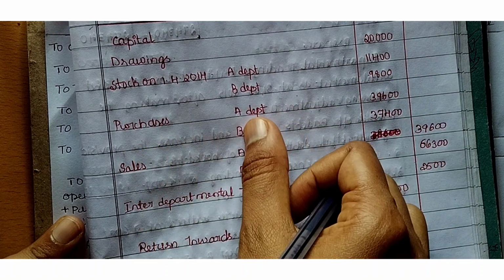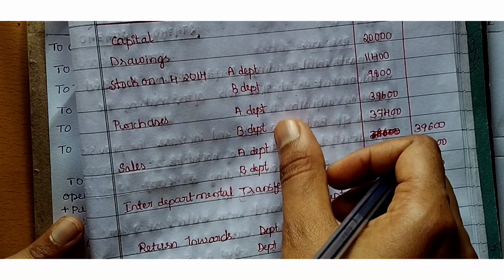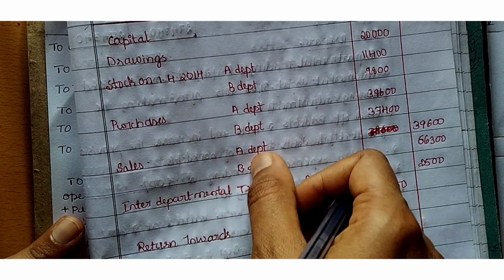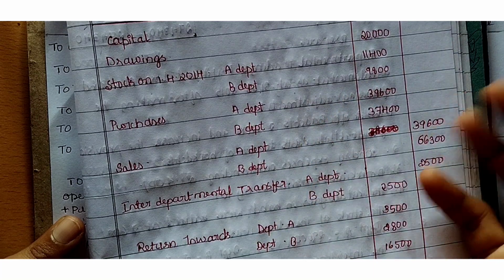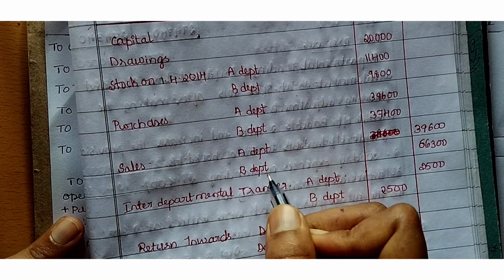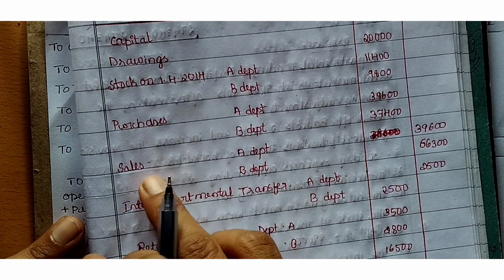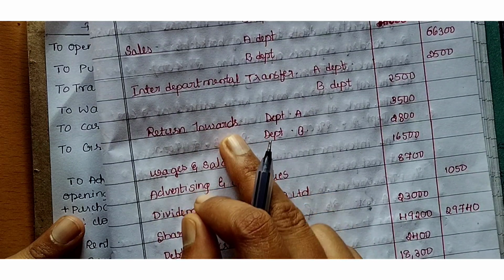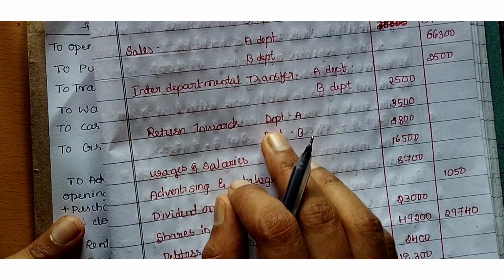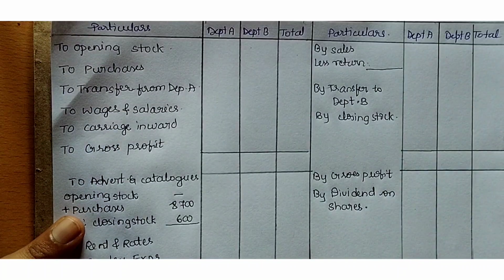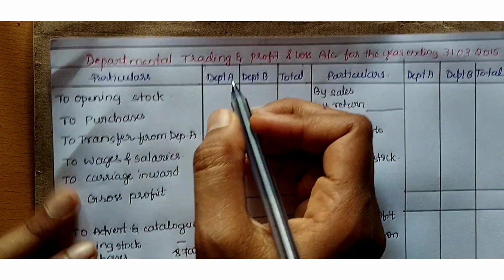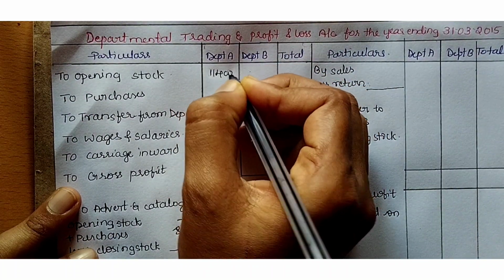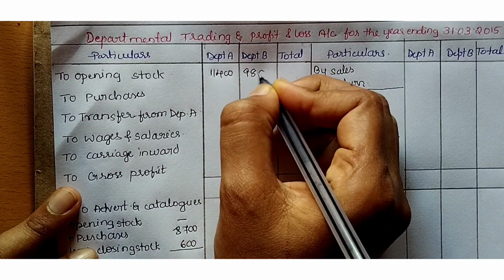After that I will take purchases, which are under that stock, A department and B department. Then I will take sales, which we write on the credit side, A department and B department. When taking the sales, you have to consider return inward also, and you have to deduct it. While writing the sales I will explain. Now we'll write the opening stock and purchases. So opening stock of A department is 11,400 and B is 9,800. What is the total?